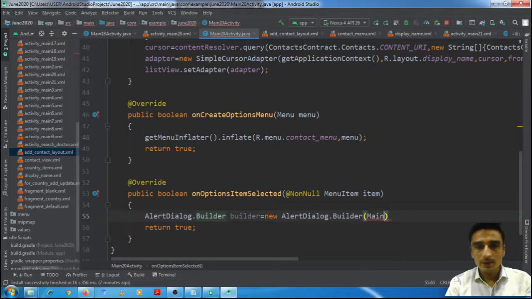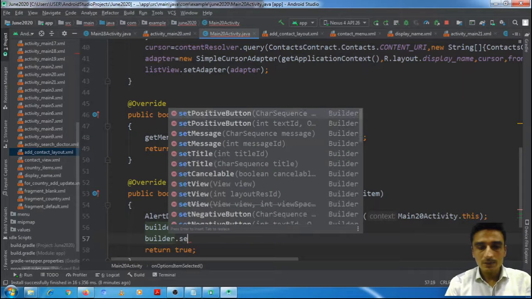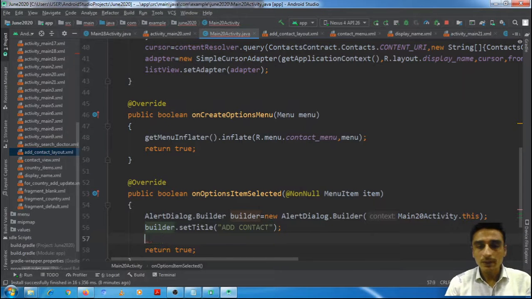We would pass the activity's reference as argument, class dot this. Then we would set title, builder dot set title, add contact. Now we should set the layout.